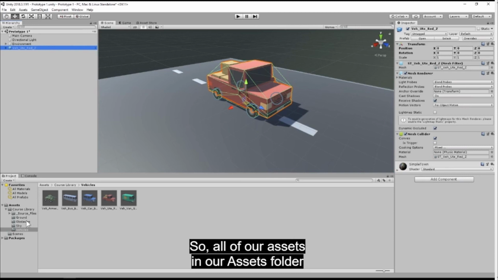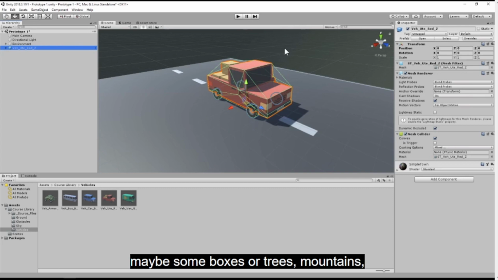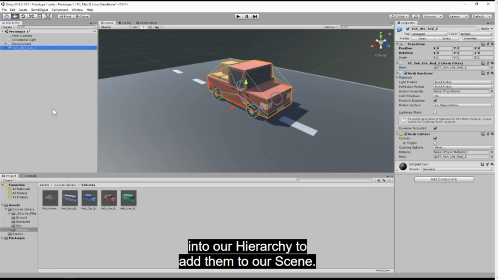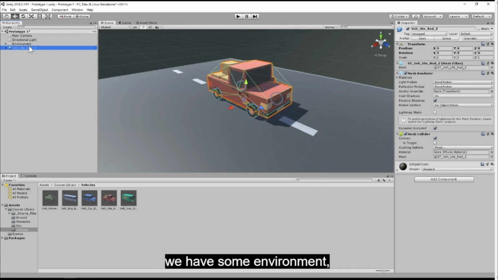So all of our assets in our assets folder are what we use to populate our scene with different objects like our trucks. If we wanted to add some cool environmental props, maybe some boxes or trees, mountains, whatever we want to add, that's all stored in our assets folders, and then we can drag and drop them into our hierarchy to add them to our scene. Now, the hierarchy actually keeps track of all of the different objects that are currently there. So we have our camera, we have a light, we have some environment, and then we have our vehicle that